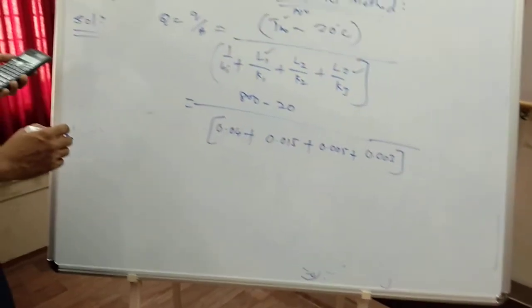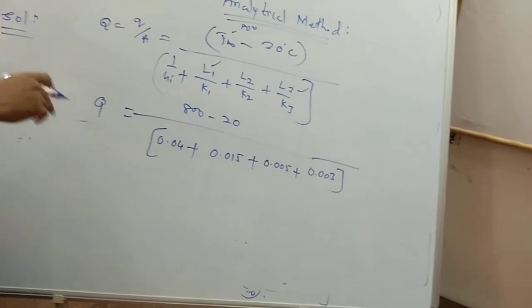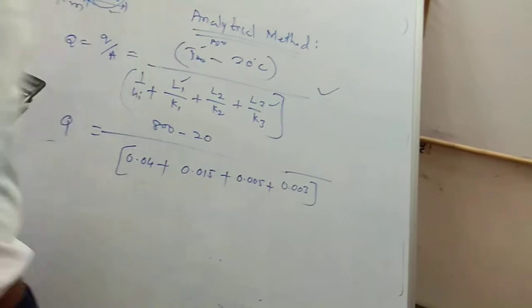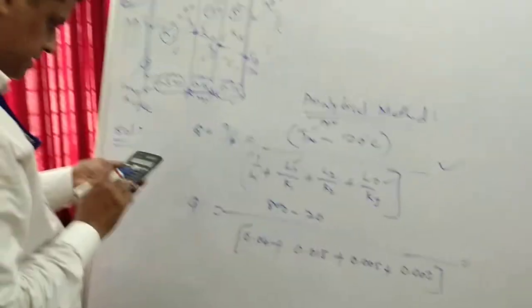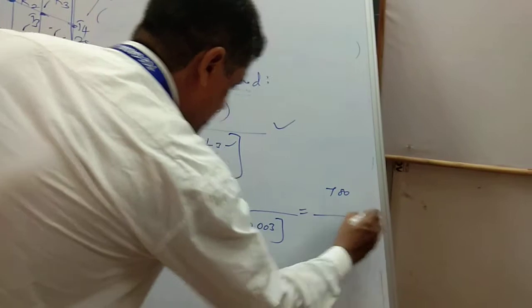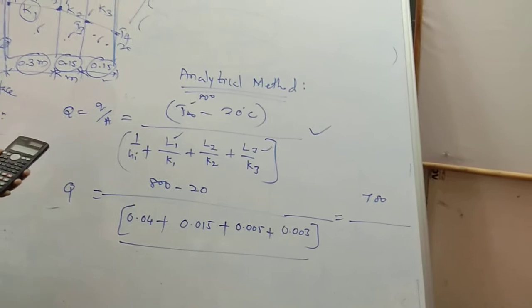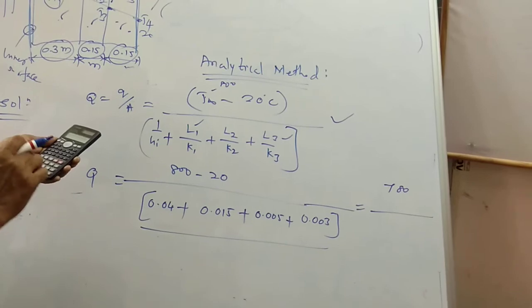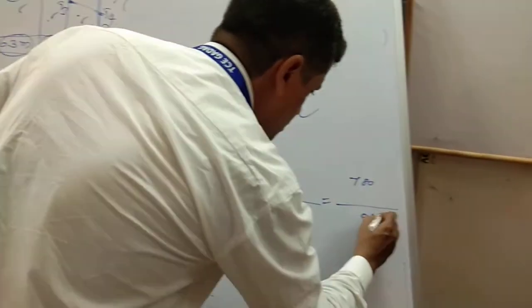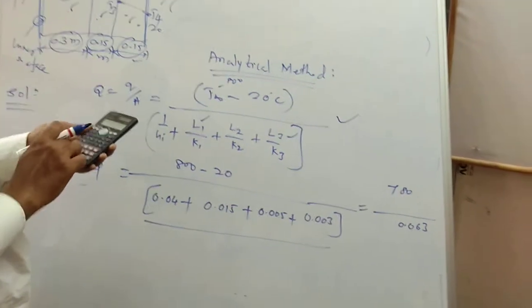Okay, now that means using Newton's law and Fourier's law for conduction and convection, we can write this equation. Now we'll calculate first the heat rate, that is here 800 minus 20, we got 780 degrees Celsius divided by, I will add up all these: 0.04 plus 0.015 plus 0.005 plus 0.003. I got 0.063. Now the ratio, 780 divided by 0.063, I got